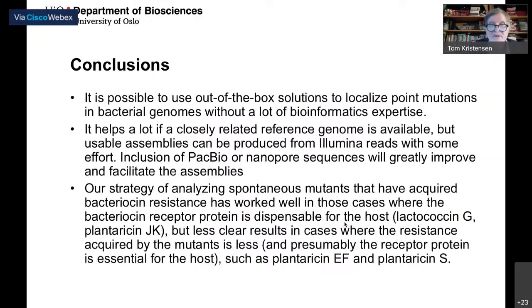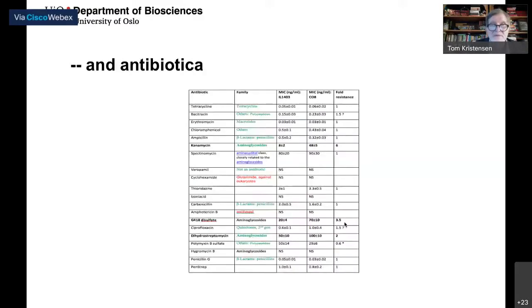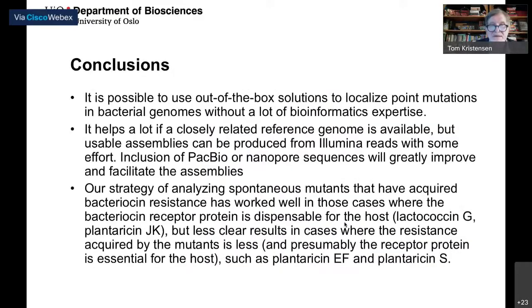But again, even for this protein, we have reason to suspect that cells get a bit resistant, not because the protein actually functions as the protein which interacts with the bacteriocin, but for other reasons, because even for this bacteriocin, we were not able to get really resistant mutants, but only mutants which were somewhat resistant. So to conclude my experiences with bacterial genomes,